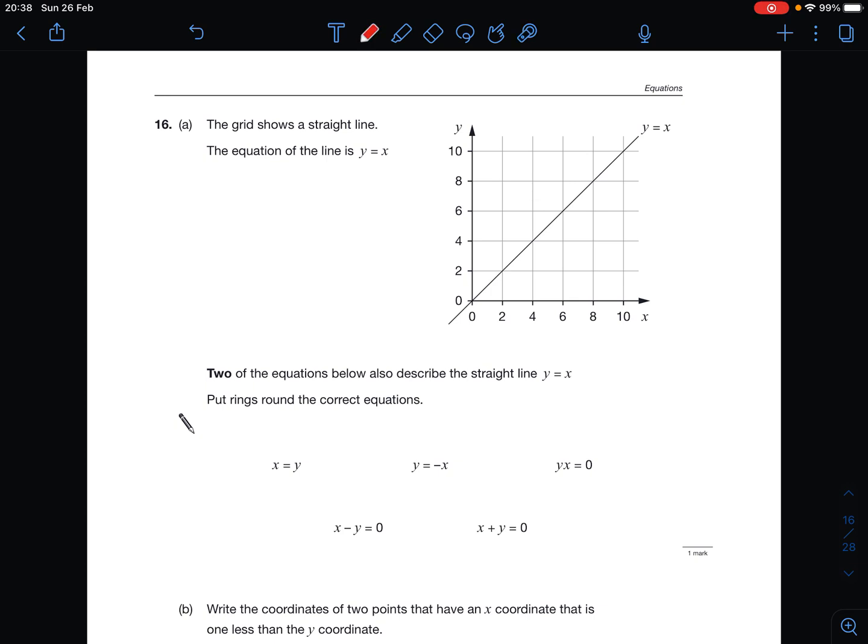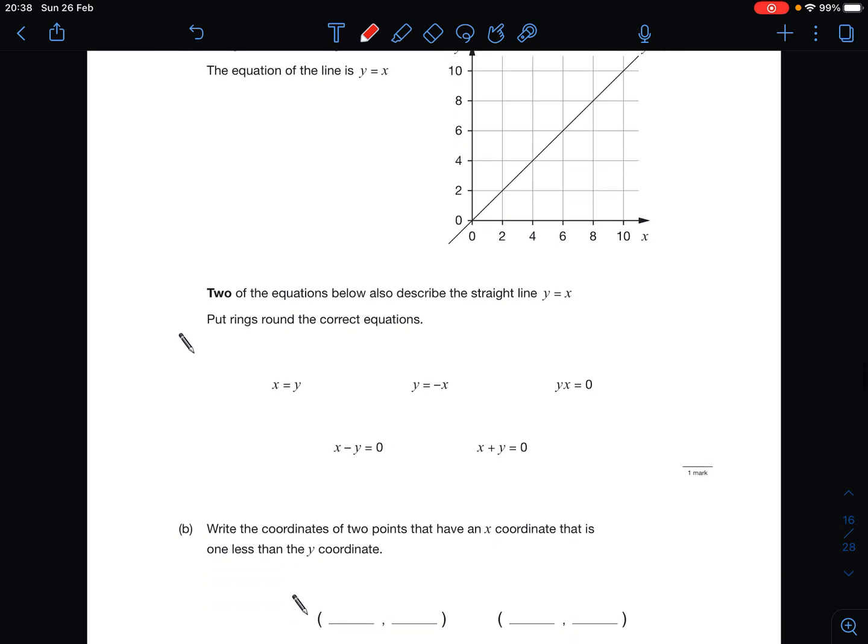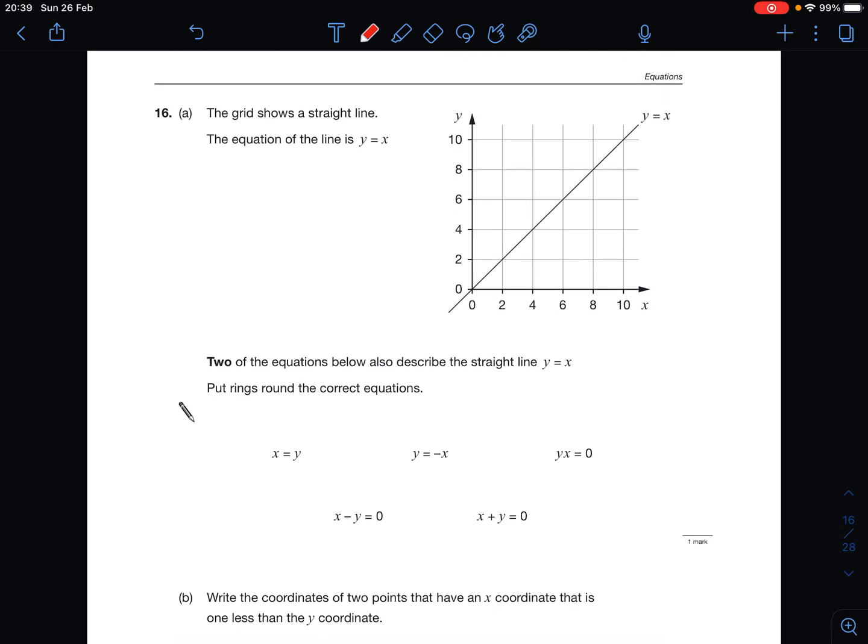Okay, we have the line y equals x. There's 2 ways of thinking about this. 1, you can do rearranging, that's what I'm going to do. 2, you can substitute points in. So when you have y equals x, you can say y take away x is 0. By subtracting x from both sides, you could have 0 is x take away y. By subtracting y from both sides, you could say